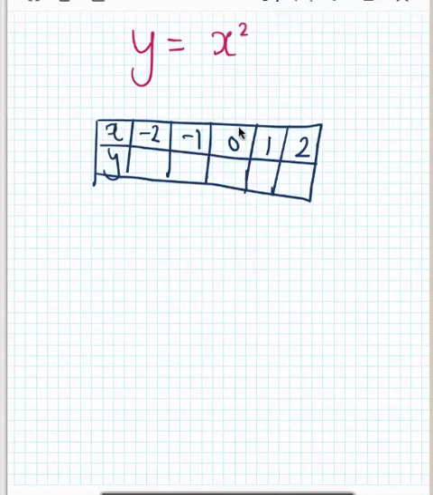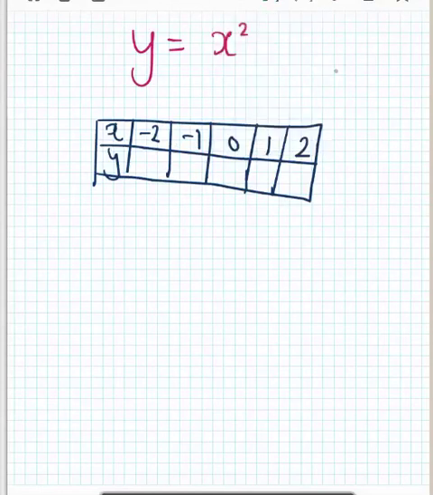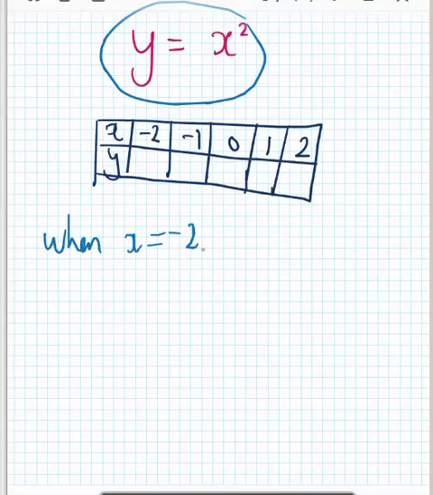So here's our equation and our table of values. They've given you the values they want you to use for this table of values. So all you have to do is this. This is how easy it is. Remember, you must substitute with brackets, okay? So your first one is when x is minus 2, you put it in this equation here. So when x is minus 2, we have y equals, instead of x, put it in brackets, minus 2